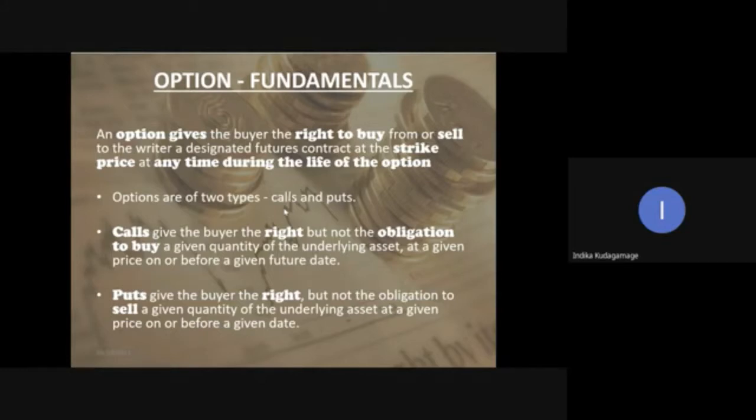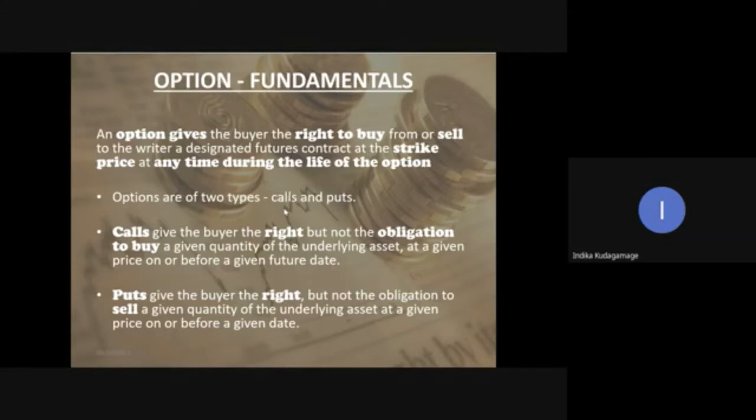Then we go to options. Options are again a future sell or buy, but it is only an option, no obligation. If the price does not fluctuate as I thought, I don't need to sell or buy. I can just avoid it. In order to get that right of selling or buying, I will pay a premium. That is an option. Then we discuss short and long position,